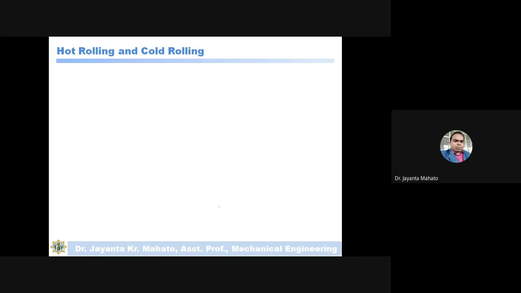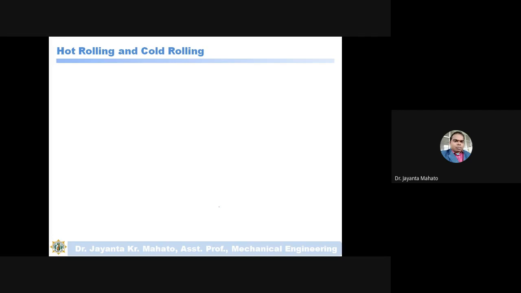So this rolling operation can be performed at high temperature and even at room temperature. High temperature means more than the recrystallization temperature that I told you in the previous class. That temperature range is between 0.5 melting temperature to 0.75 melting temperature.